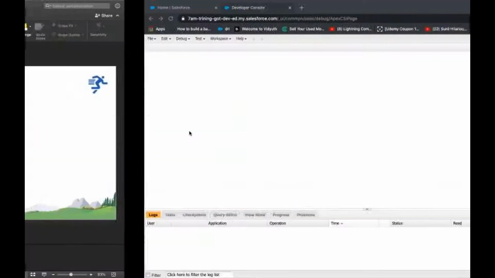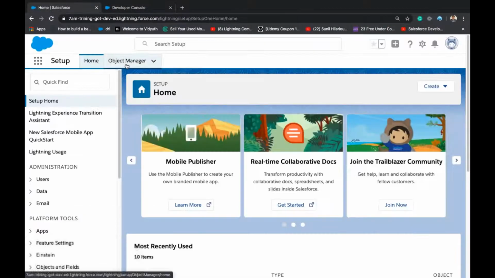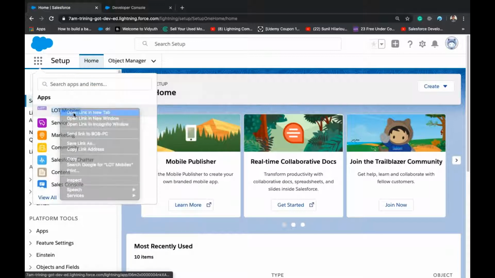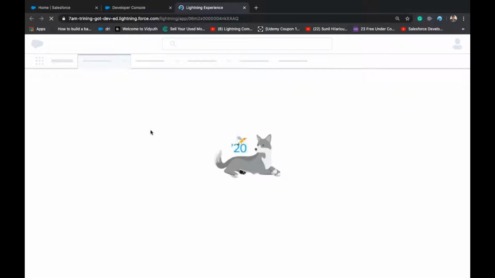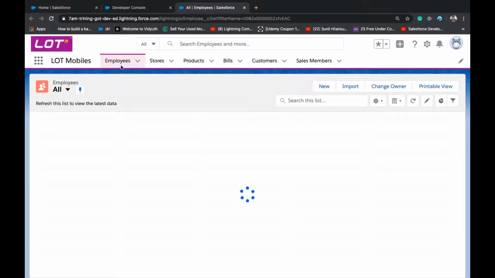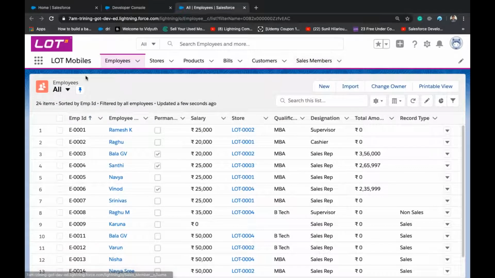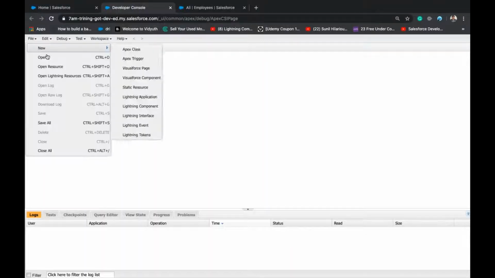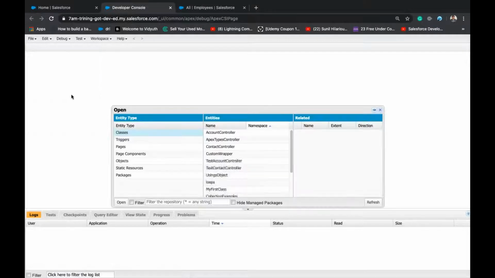So in our project, we created a trigger which creates a sales member when an employee is registered, when an employee record is created. So we'll open the trigger.